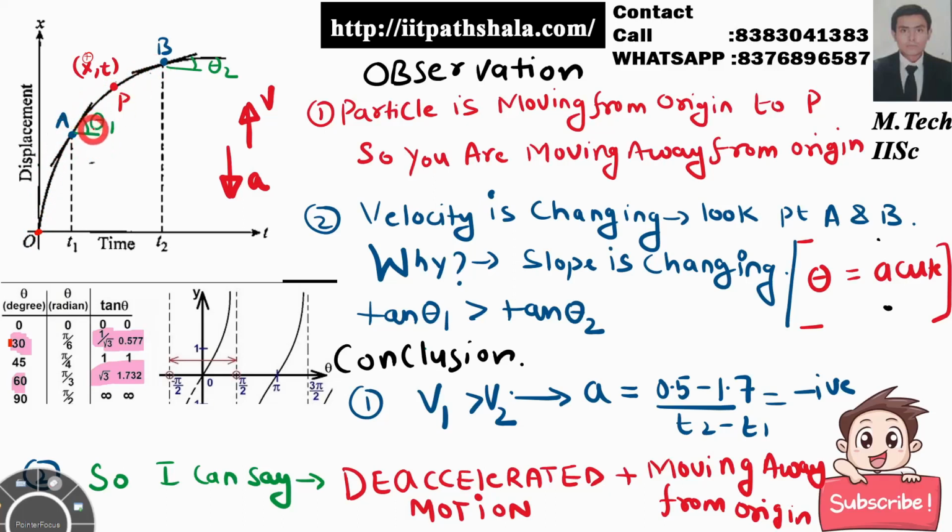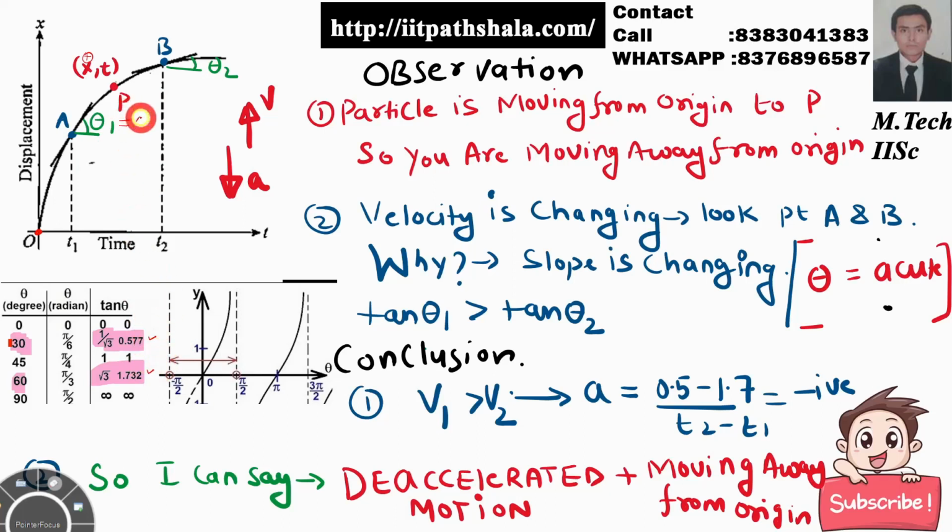As you can see over here, I am having an angle of theta 1 at the point A, and I am having an angle of theta 2 at the point B itself. Fine with that. So as you can see, my theta 1 is greater than that of theta 2, and this is the case of acute angle. So from the table which I have taken from the NCERT itself, I can say that the tan value of theta 1 is greater than that of tan value of theta 2.